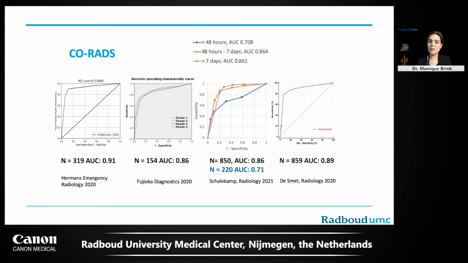And finally, the fourth study also investigated patients in a screening population, so the asymptomatic patients. And what they saw is that the area under the curve also dramatically decreases if you are using CT in these patients, for instance, just before they have to undergo an operation or something like that. And for this reason, and several other studies have been showing that as well, CT does not have much value in diagnosing COVID-19 in a screening population.